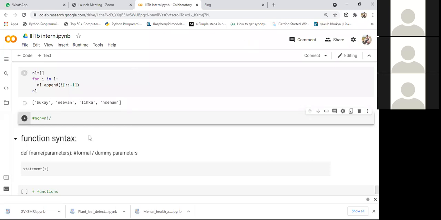So here we started a concept called functions. We'll discuss the function concept in today's class. Before going to the function, the major purpose of functions in your programming language is this: if the same logic is repeated multiple times, to avoid writing the same logic multiple times, we have the functions concept.